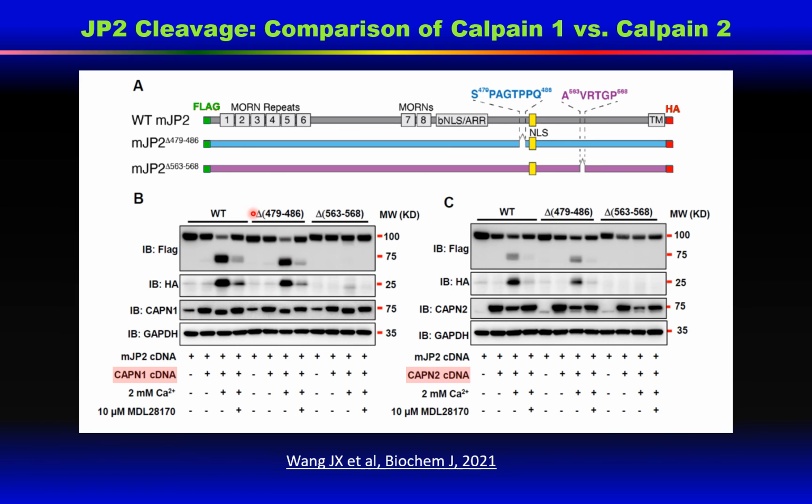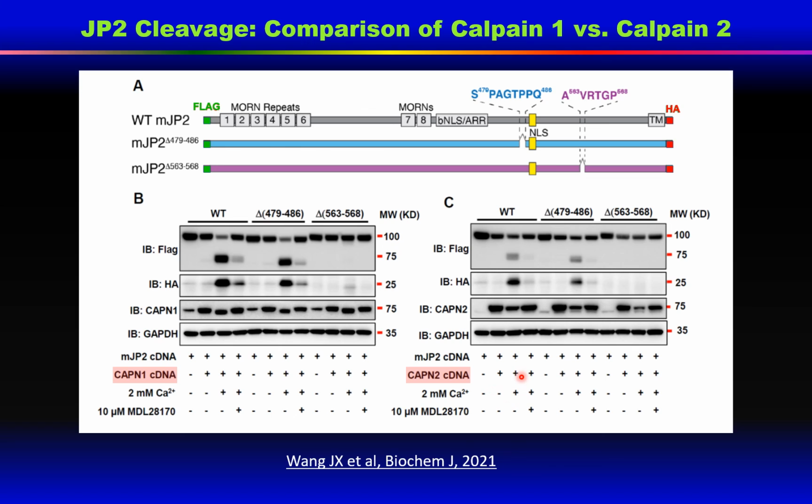Deletion of the novel cleavage site doesn't influence Calpain-1 mediated cleavage of JP2 at all. However, deletion of our cleavage site overlapping arginine 565, threonine 566 completely abolished Calpain-1 mediated cleavage of JP2 and the production of the 75 kD and the 25 kD truncates. This is also true for Calpain-2. You see that